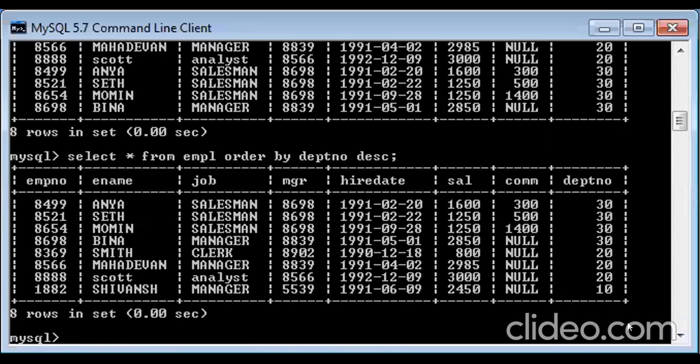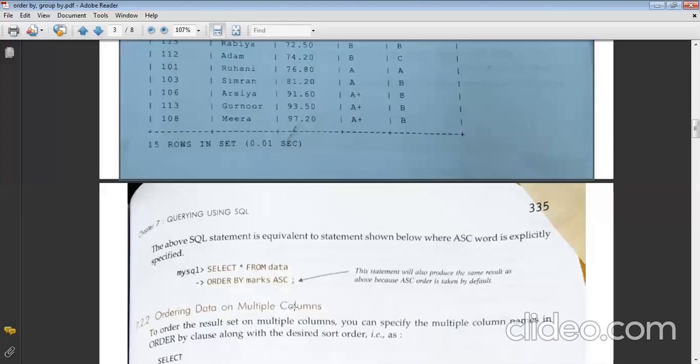Similarly, we can do multiple columns also, but we will read it first and then we will do it. So the next topic is ordering data on multiple columns. Before, we were using only one column at a time, but now we will be using multiple columns in the order by clause.